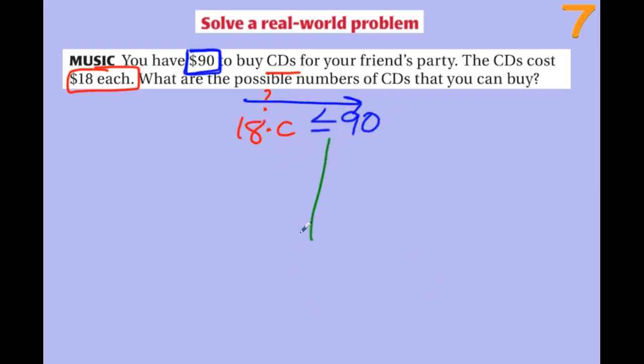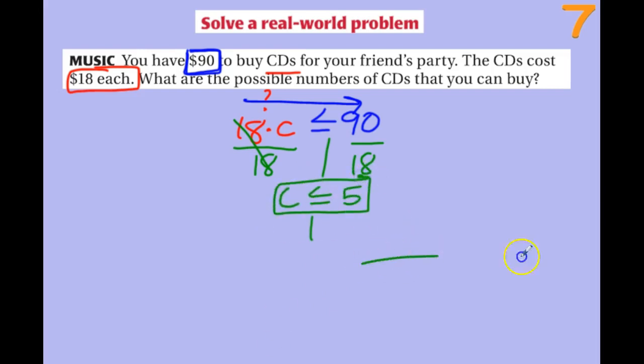So let's figure out how many CDs we can buy. The opposite of multiplying is dividing. So we have C is less than or equal to, and I'm going to plug this into my calculator. 90 divided by 18, I get a nice 5. C is less than or equal to 5. And then graph it on your number line. Closed circle, pointing to the